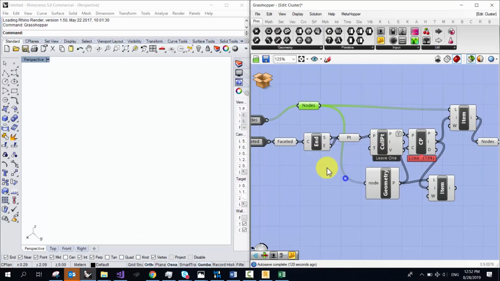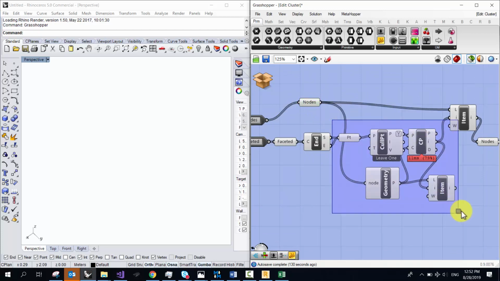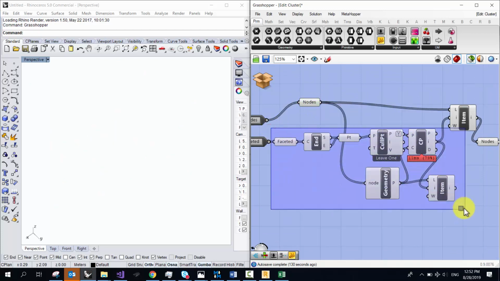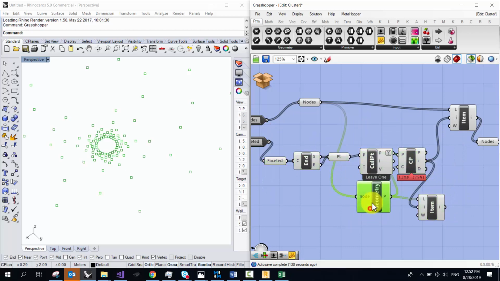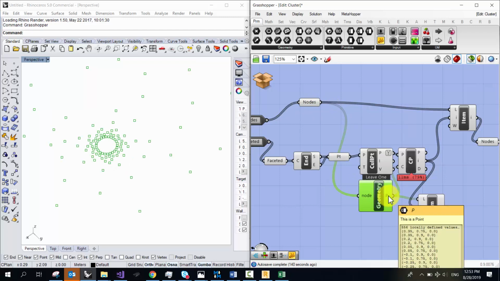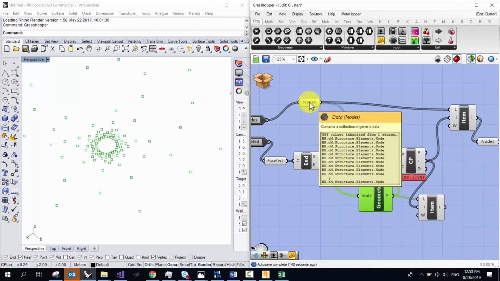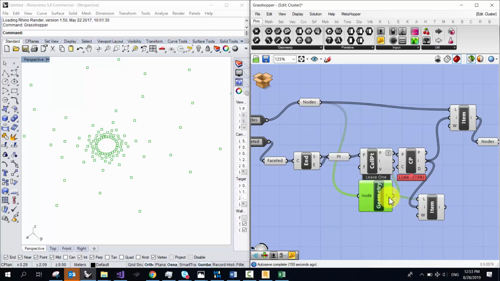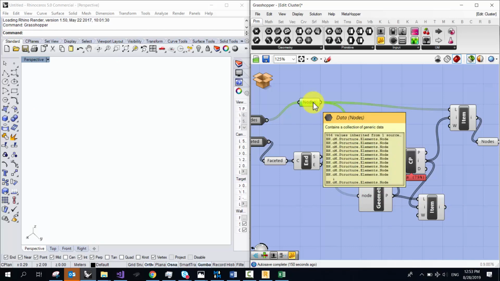So what has Sung done? He said, take this data, make some data with it. So he's actually combined that data. He's first of all created data with the original data. He's created these points in space. These are actually points. These are nodes. You see how it says BHoM, structures, elements, nodes? That is not the same as what comes out here, which is points, which is why when I click on him, we see something. When I click on him, we don't see anything, because it contains more information than just